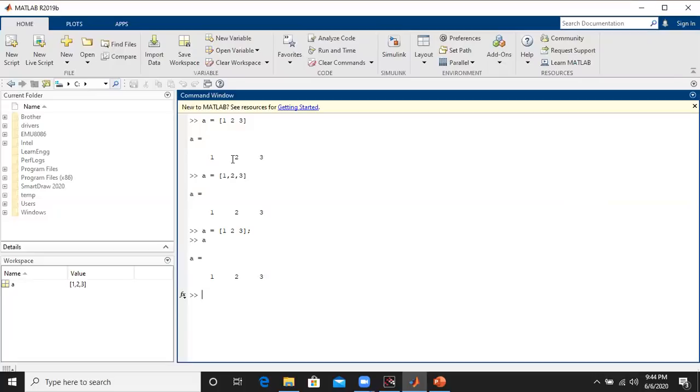Now if I type capital A, where small a and capital A look the same to us, let us see whether we get the result.